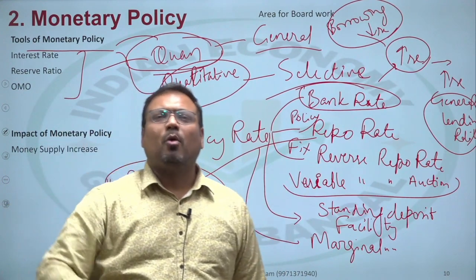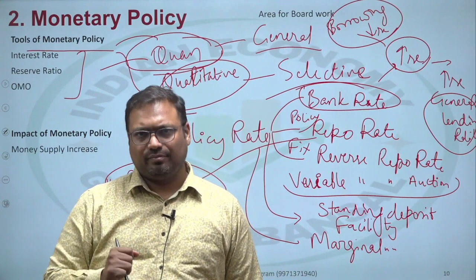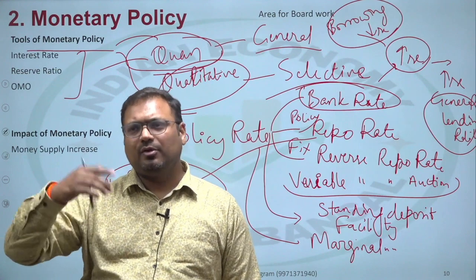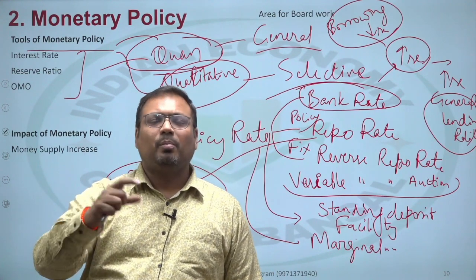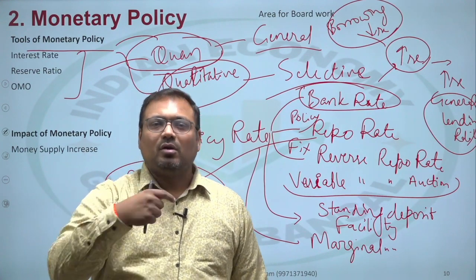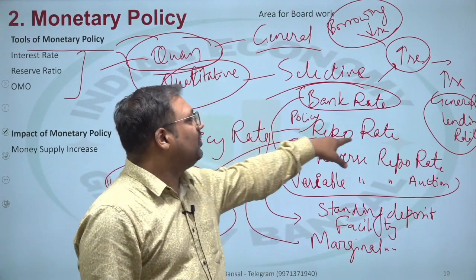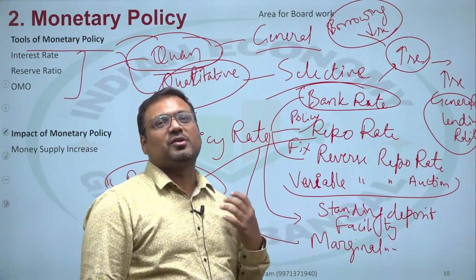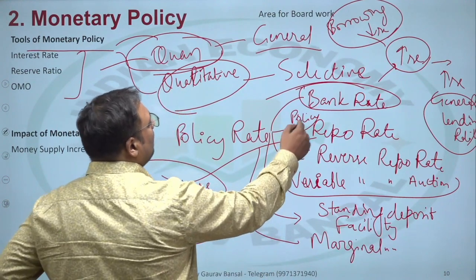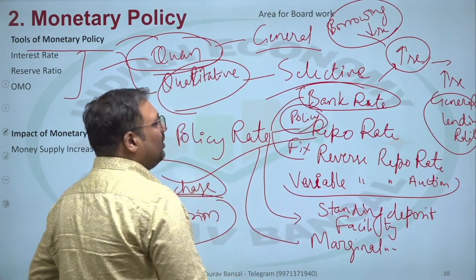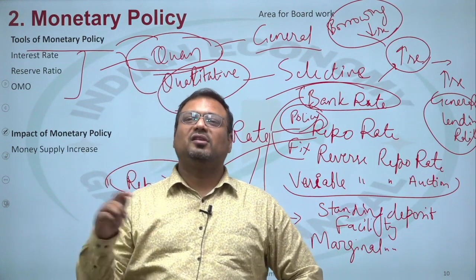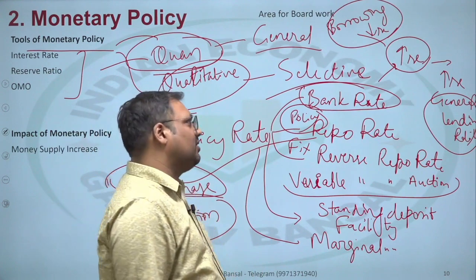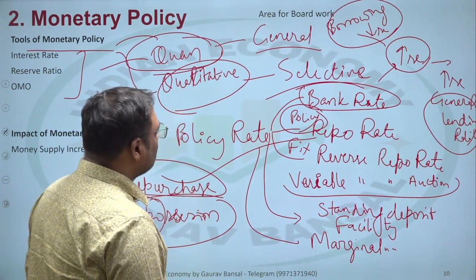You sell a bond to RBI, you get some cash like a loan. Later on when you buy your bond back, you give back the loan, but you pay some interest on that loan. This interest that you pay is determined on the basis of repo rate. Repurchase rate, the rate at which you repurchase your bond. So this is our official policy rate. Repo rate is the official policy rate through which the RBI indicates everything to the economy.